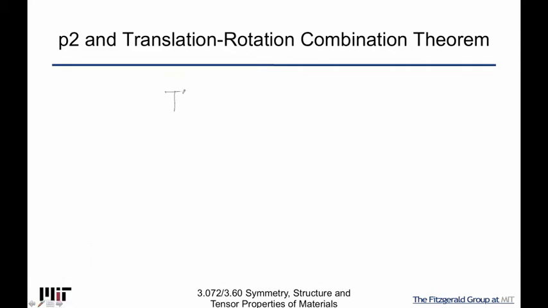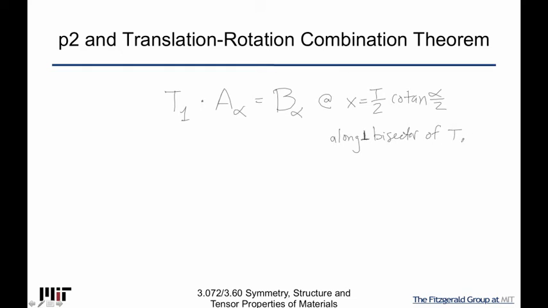And then write down what we've just proven, which is T1 dot A alpha equals B alpha at x equals T over 2 cotan alpha over 2, along the perpendicular bisector of T. Right, that was that line that came up. So there you go. There's another